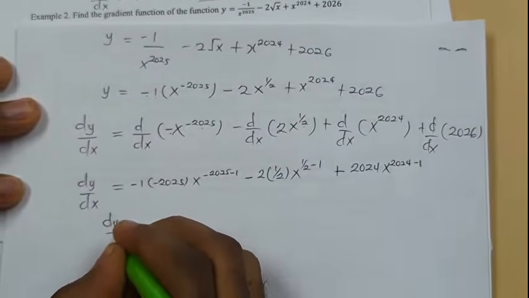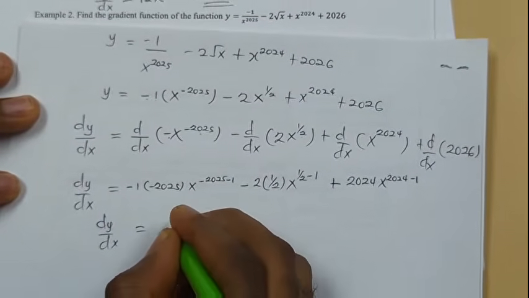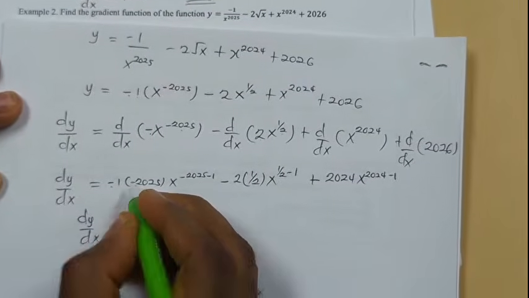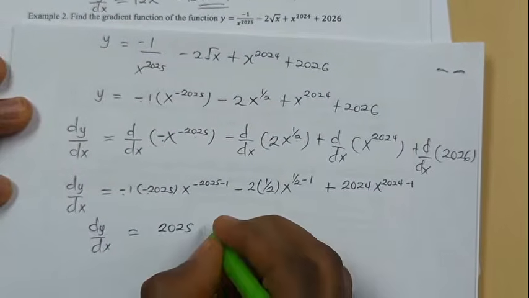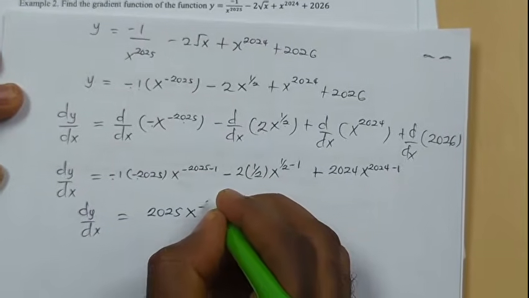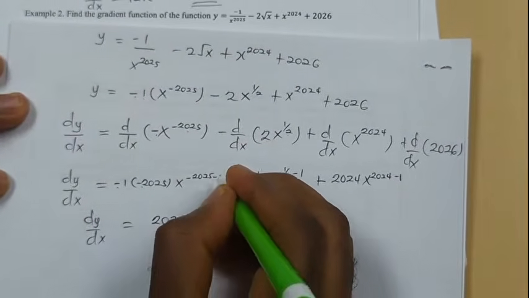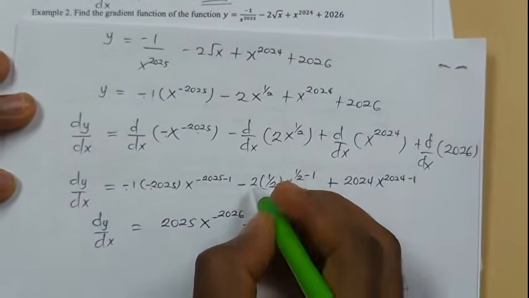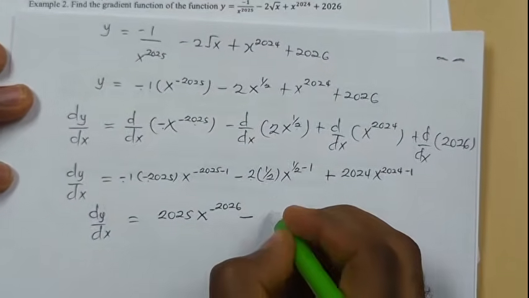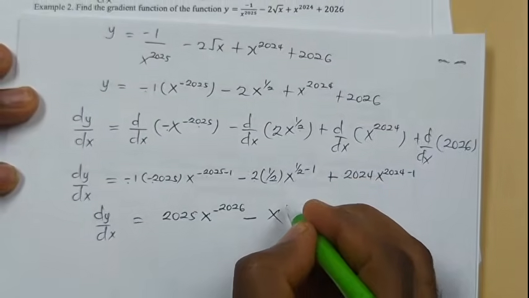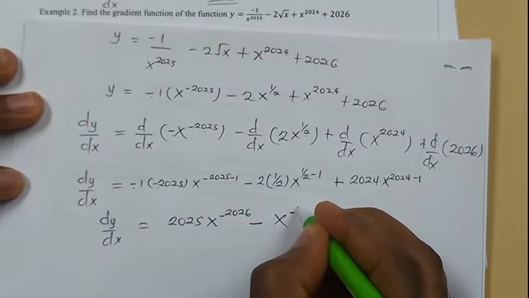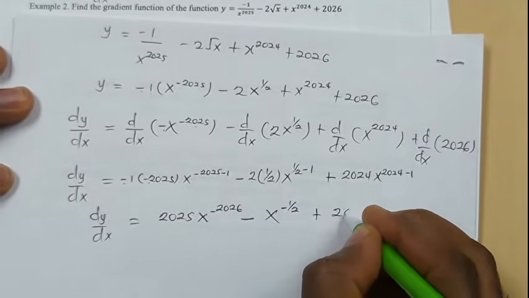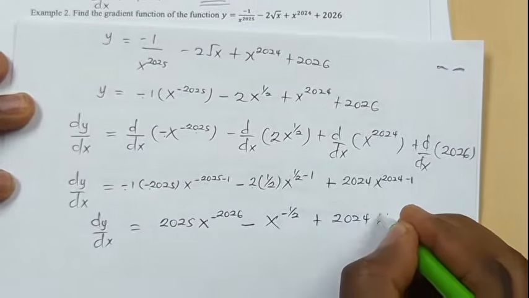So our dy over dx would therefore be equal to 2025. That's negative 1 times negative 2025, which gives 2025 x exponent negative 2026. That's negative 2025 minus 1. Then minus 2 times half is 1. So half x exponent half minus 1 will be negative half. So x exponent negative half. Then plus 2024 x exponent